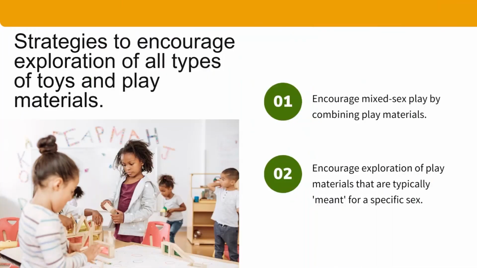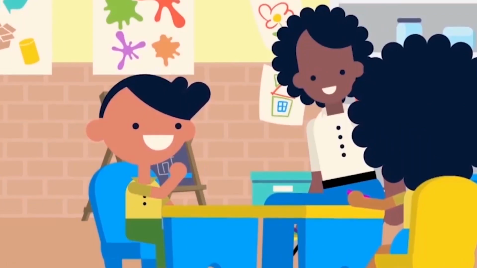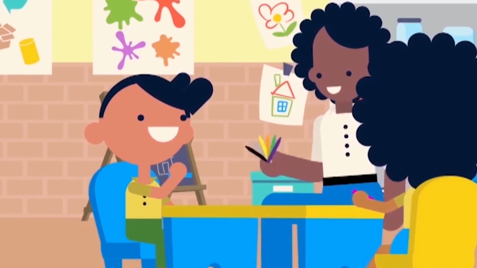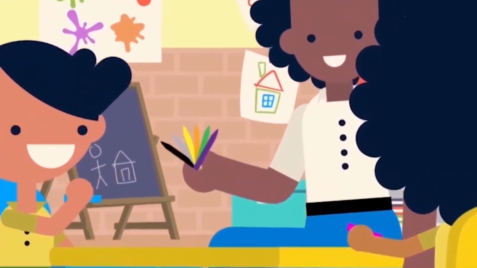Strategy 1. To encourage mixed-sex play. Combine play materials so that they have an element of interest for different children, and offer toys and play materials in a way that appeals to different children. For example, if certain learners share an interest, like animals, you can stimulate their involvement by using animal themes or learning materials. Encourage shy children to mix with others by choosing a quiet activity like looking at a book or playing with blocks. Where possible, avoid gender stereotyped play materials that may only appeal to children of a certain sex.